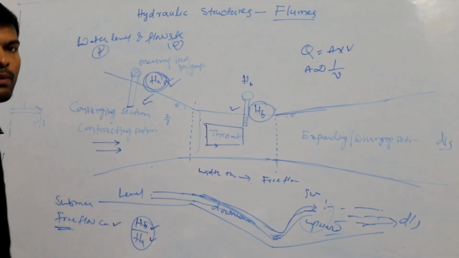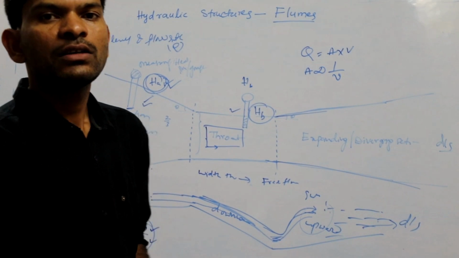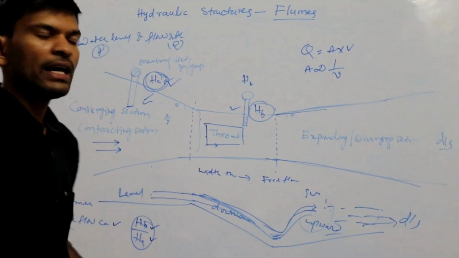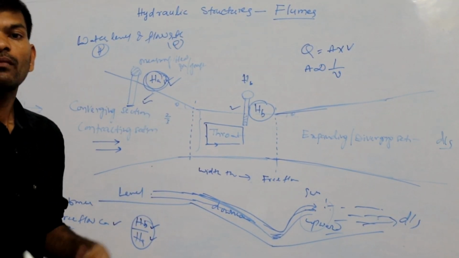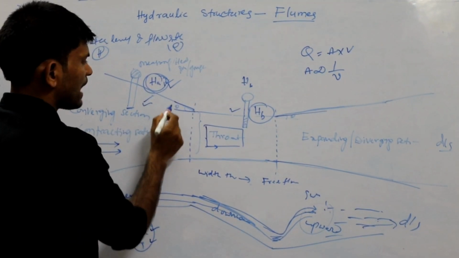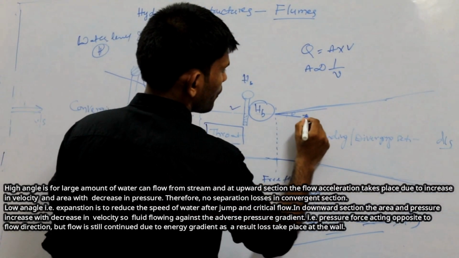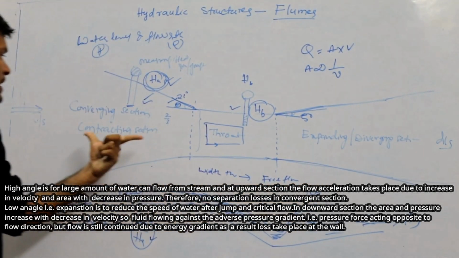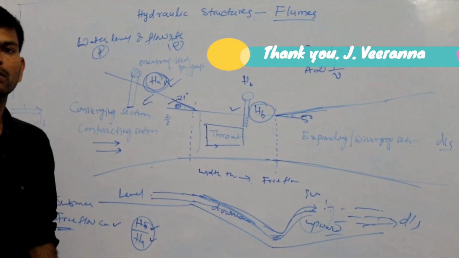This may be constructed from simple metal, masonry structure or steel. So mostly nowadays it is constructed from steel. This is the most advantage: it has a self-cleaning device. This will operate with a small head. The angle in the converging section is up to 21 degrees, and in the expanding section it is up to 5 degrees. Means only a 5 degree angle may be provided in the expanding section, whereas in the converging section the angle is provided up to 21 degrees.